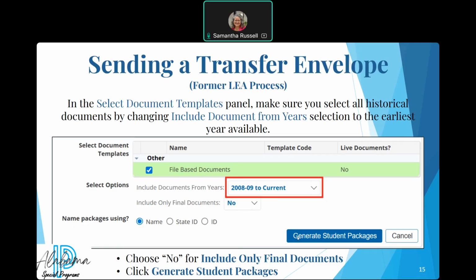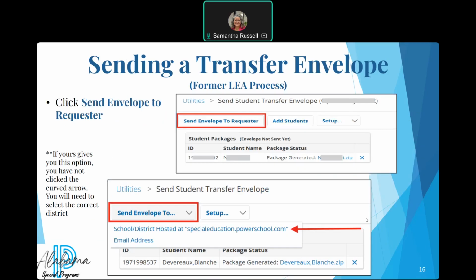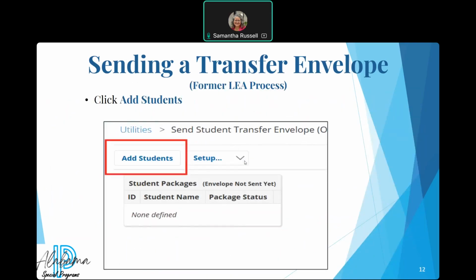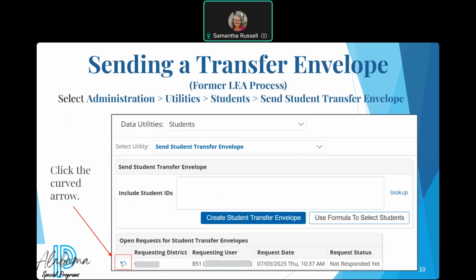And then when you're done, you click generate student packages. Okay? Next, you'll choose to send the envelope to requester. And once you do that, you'll send it. Now, if you are not presented with send envelope to requester, that means that over here, you didn't click this